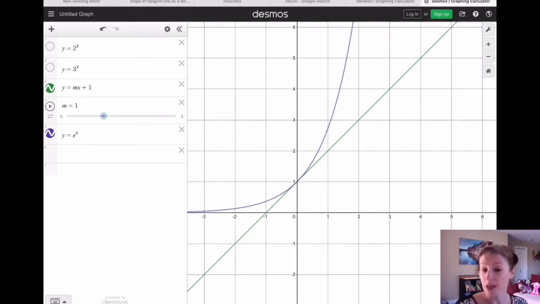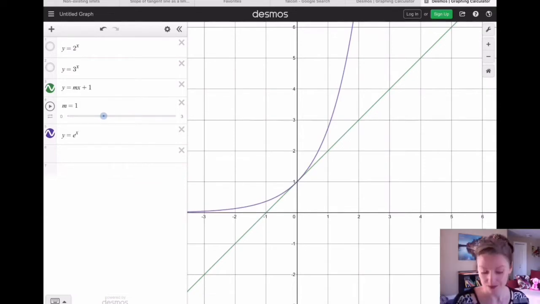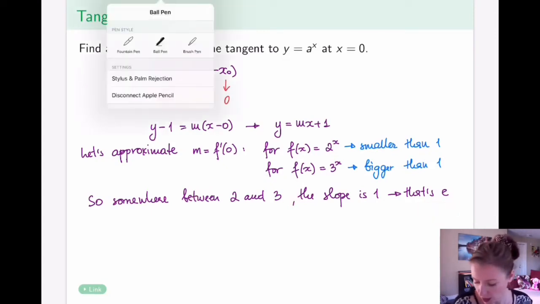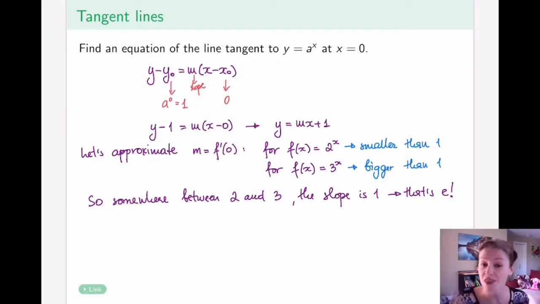So the base number for which the tangent line has slope 1, the perfect diagonal line here, is that constant e, the natural exponent. So I've just summarized all of our findings on this slide here. For 2 to the power x, the slope was less than 1. For 3 to the power x, the slope was bigger than 1, which means that for some number between 2 and 3, the slope is 1. And that number is what we call e. In fact, it's such a nice number, I'm going to put an exclamation mark here. That's what e is. e is a number for which the slope of the tangent line at 0 is equal